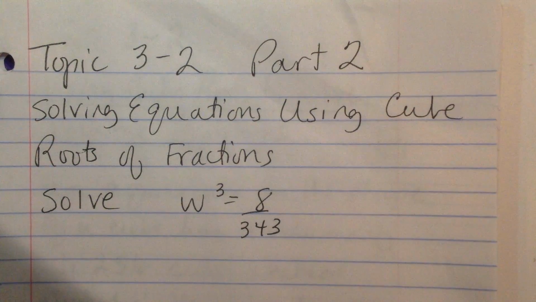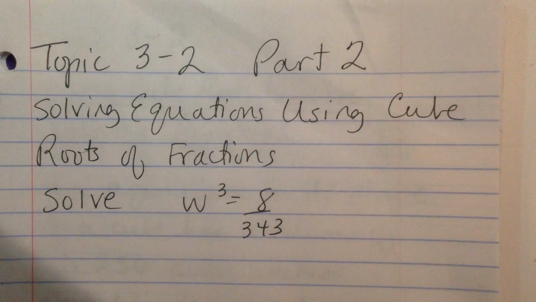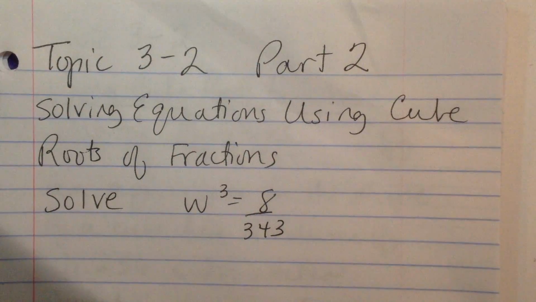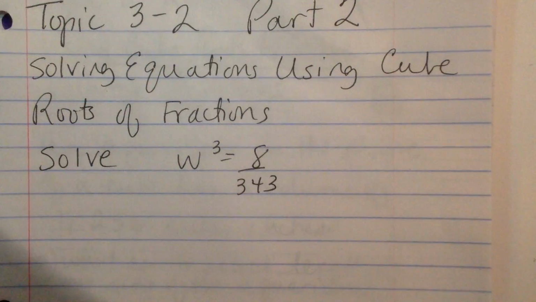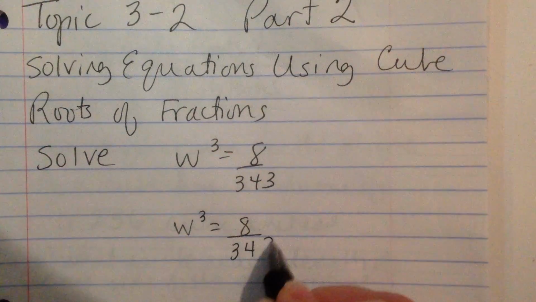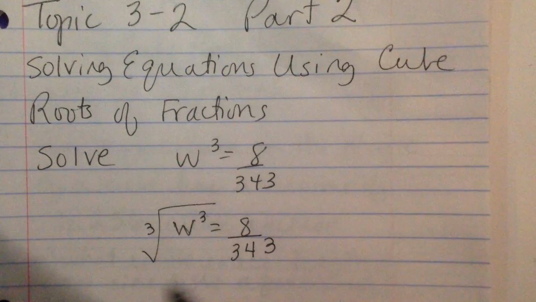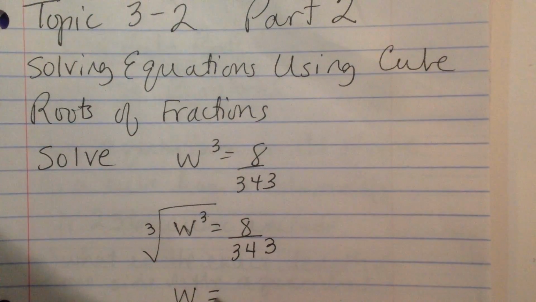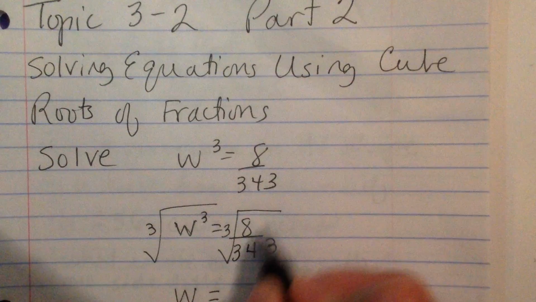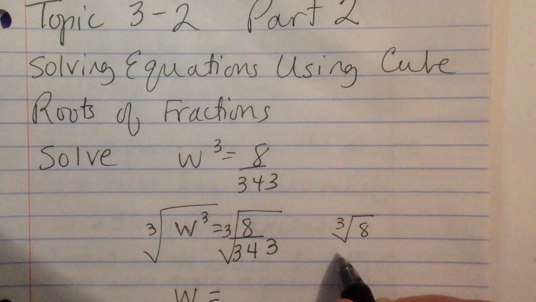Let's solve the equation w cubed equals 8 divided by 343. To solve a cubic equation, you must take the cube root of each side of the equation. So I'm going to take the cube root of each side. The cube root of w cubed gives me w, equals the cube root of the right-hand side. Now, you must take the cube root of 8, and you must take the cube root of